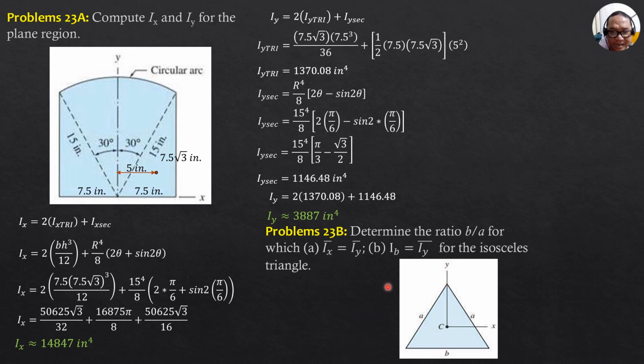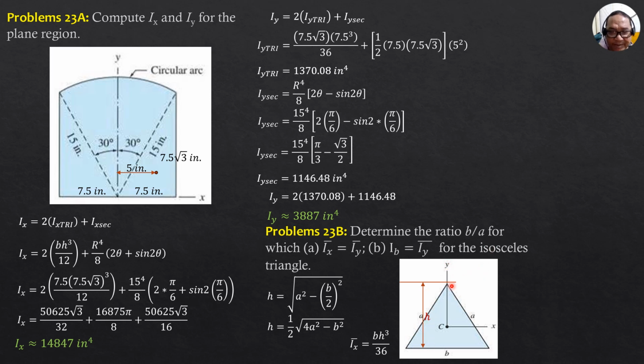So first, we'll call the height h, as shown here, and it is equal to the square root of a squared minus b over 2 quantity squared. So therefore, it is 1/2 square root of 4a squared minus b squared if you're going to simplify. Again, I barred x is base times height cubed over 36. Then that's the height which I mentioned here.